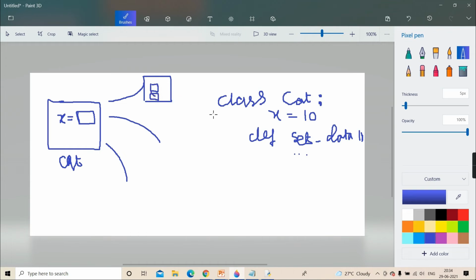Getting it? Like suppose your instance data is height and color of the cat. So every object will have its own height and color. Height variable, color variable. Again, another object. Height variable, color variable. It is not shared. It is their individual belonging. Okay. So why do we call it instance data? Because it belongs to the instance.